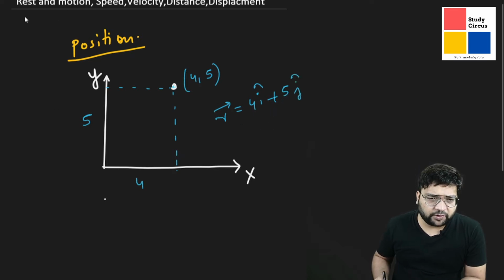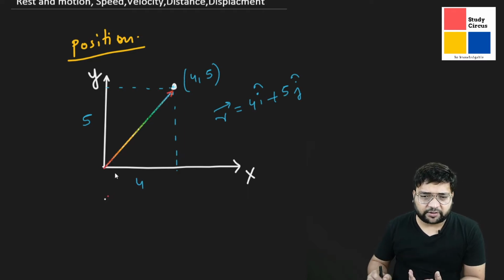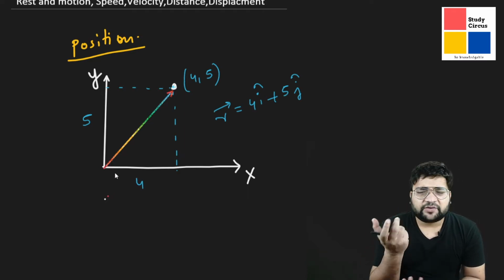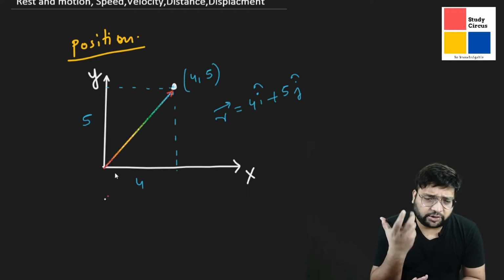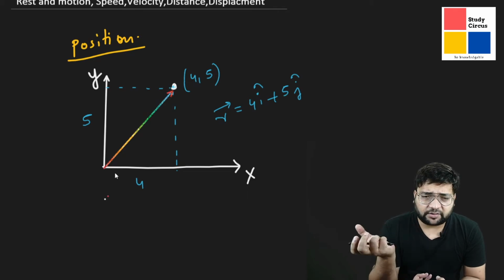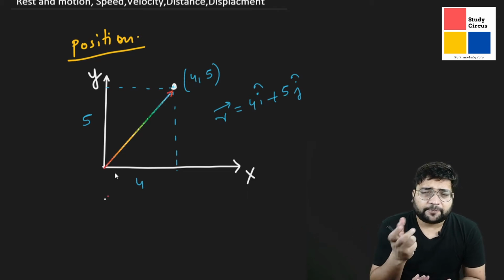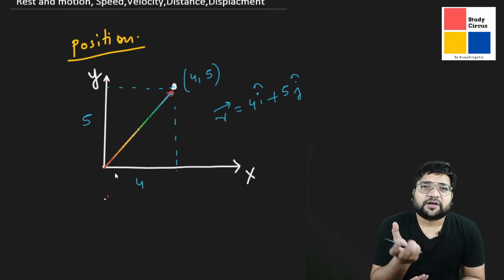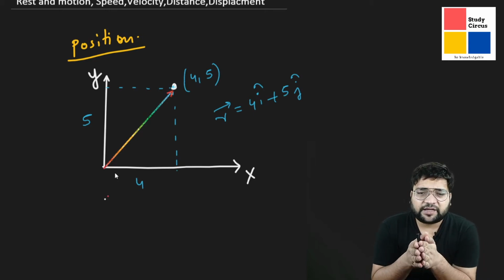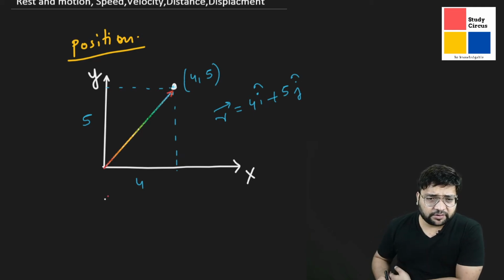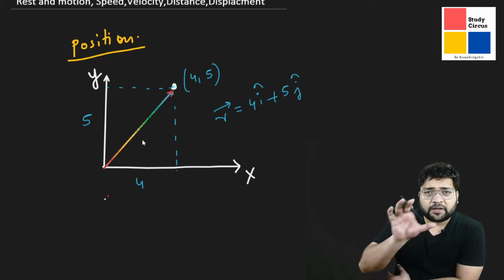We know this. If I want to demonstrate the vector, this is the vector, right? This is that position vector. Likewise we can denote any vector, because the position vector is just a physical quantity that is a vector. Any physical quantity that is a vector can be represented in the same manner, right? What is the magnitude of this vector? The magnitude of this vector is the length of that vector.